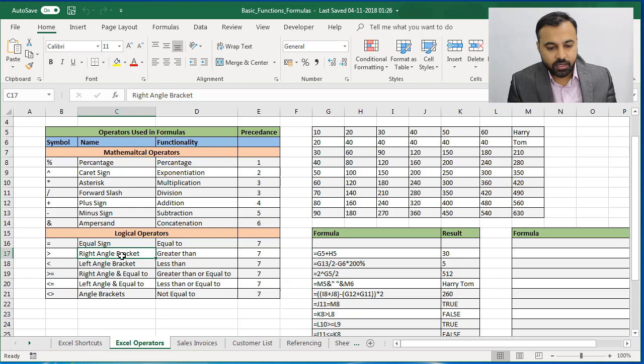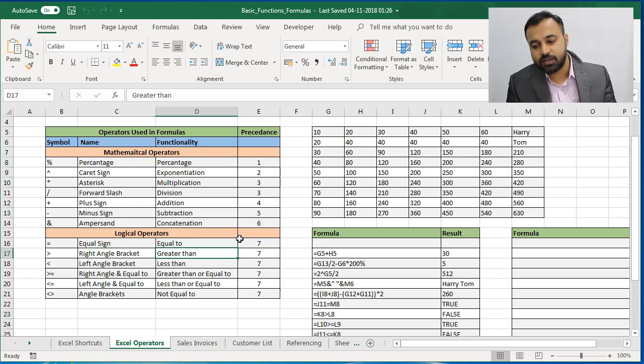So the right angle bracket represents greater than, and they have got the same precedence. So whichever you have written earlier, it will calculate first. The left angle bracket represents less than, right angle bracket and equal to represents greater than or equal to, left angle bracket and equal to represents less than or equal to, and the angle brackets together represent not equal to. So these are basic operators used in Excel